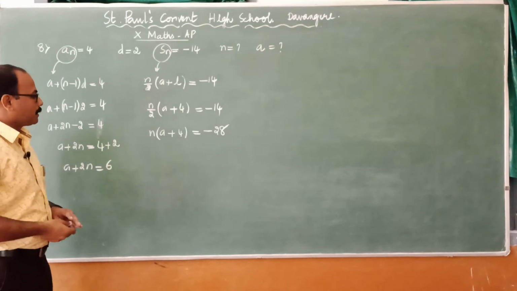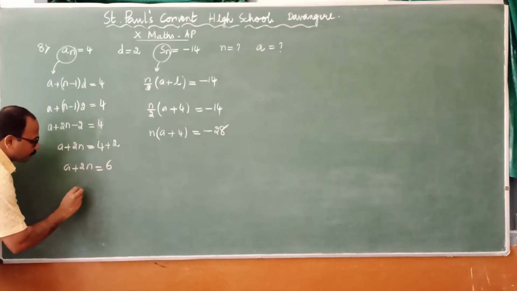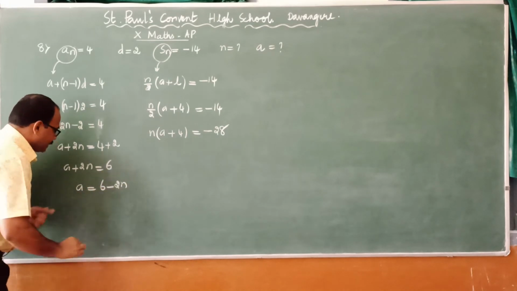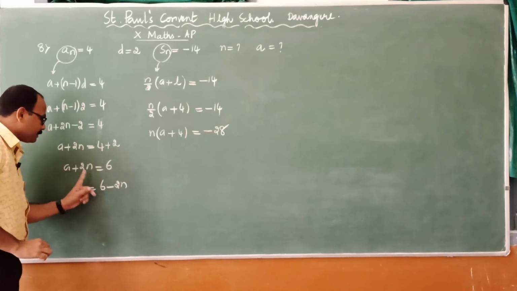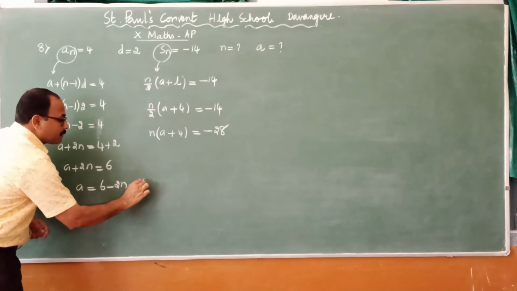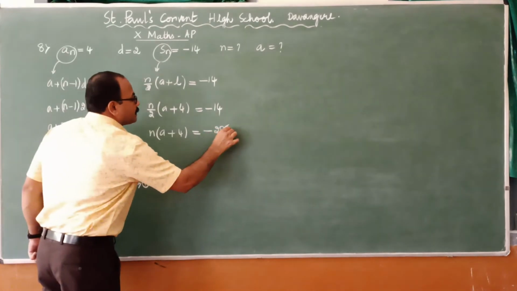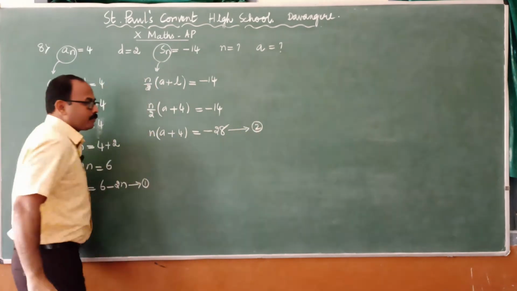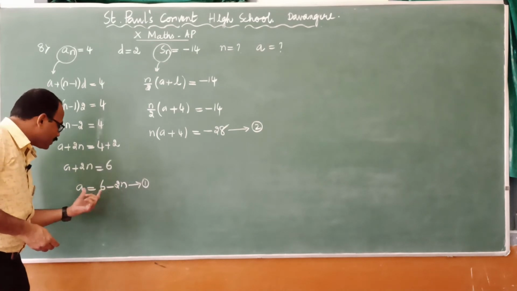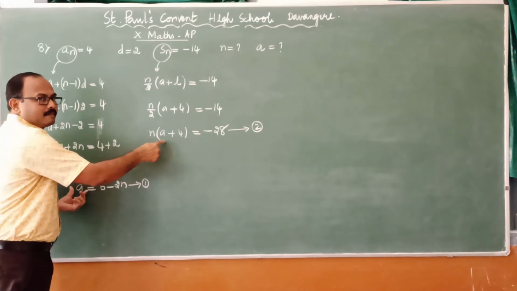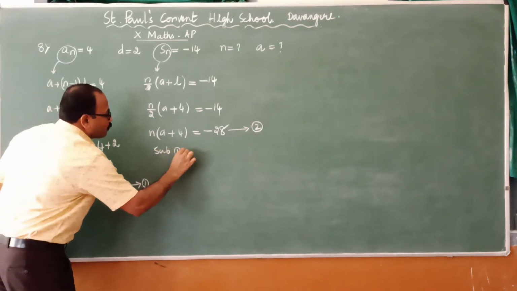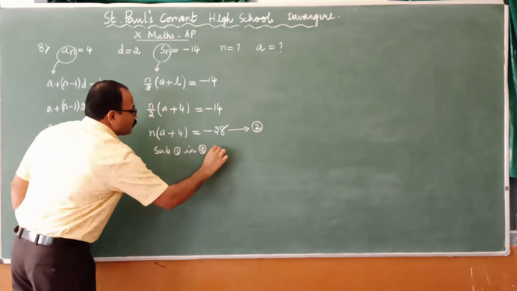Now, one substitution I will make, children. A is equal to 6 minus 2n. See, a is equal to 6, and on transposition, it will become minus 2n. Let me call this equation 1. This becomes equation 2. We call this the substitution method, children. Let me substitute the value of a over here. On substituting 1 in 2, we get